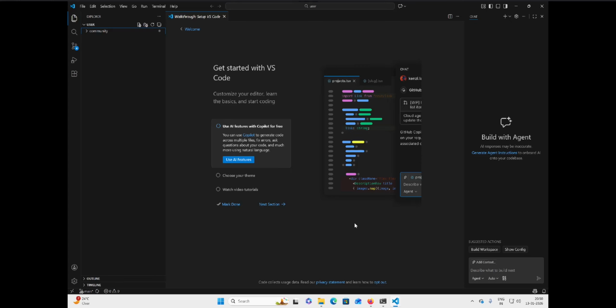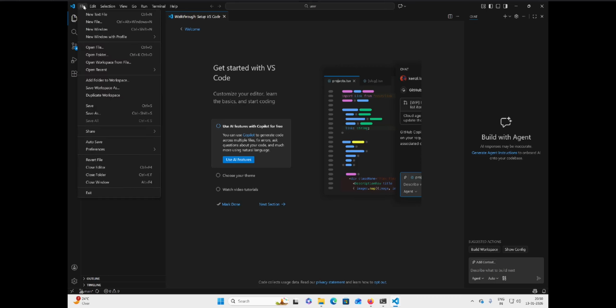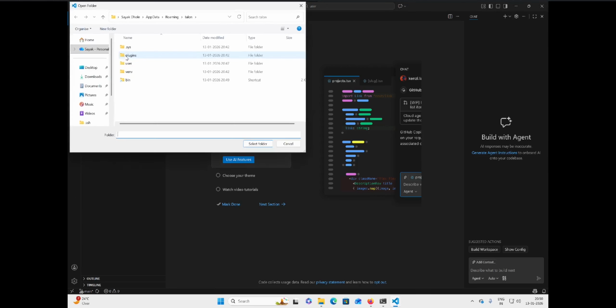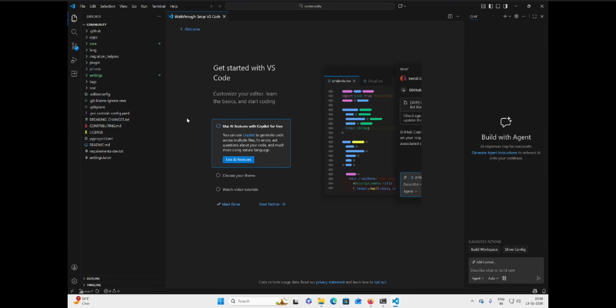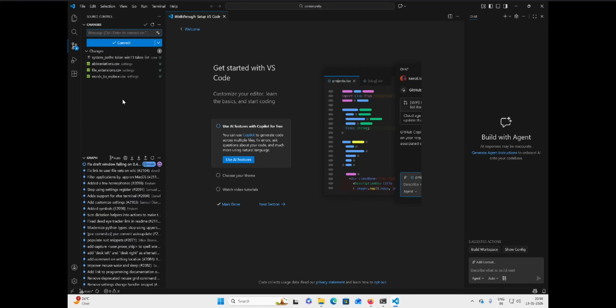Now I'm going to show you how to pull an update to the community command set. Open folder, and then I'm going to open the Talon user directory, and then I'm going to select the folder community and then select folder, and then go to source control